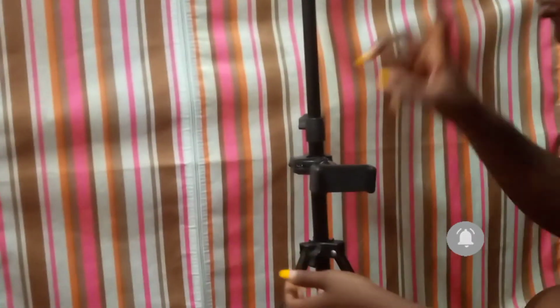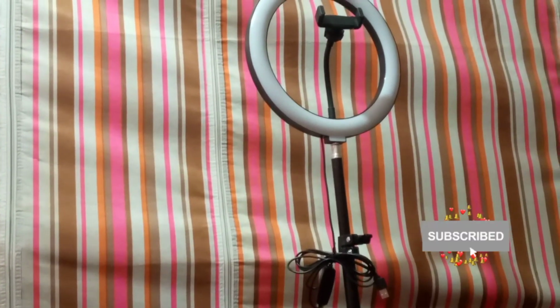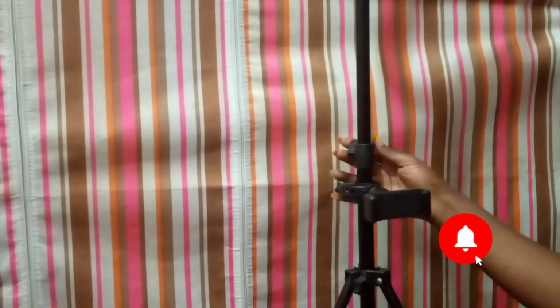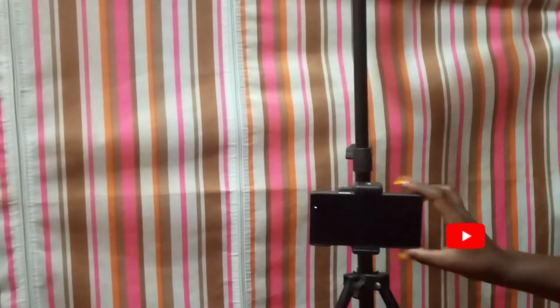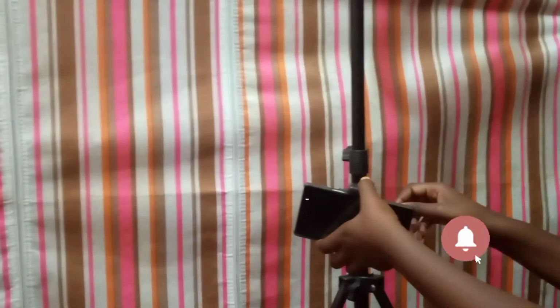So it has two phone holders. You can use this one, and then it also has this one here. Okay, so this one I think you can use maybe when you're shooting on a table and seated somewhere, and this one you can use when you're standing. Okay, so let me show you an example. That's your phone. That's one way you can shoot it, and then you can also move it to